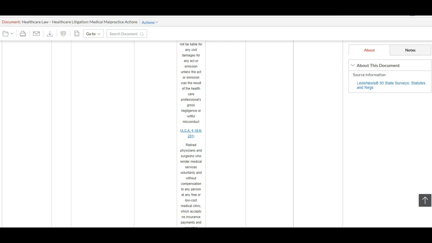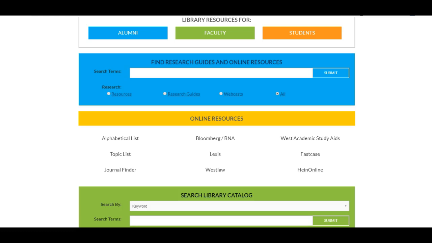And there is one other source of 50 state statutes, so if they're not part of your plan in Lexis or Westlaw, you can take a look at Hein Online. Now, of course, while you're still here in the law school, Hein Online is available to you. Once you graduate, you can come and visit us and access Hein Online on the workstations in the library. But for now, if we go to the library homepage, and here we see Hein Online,